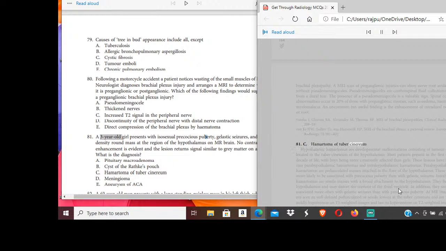81. C. Hamartoma of tuber cinereum. Hypothalamic hamartomas are developmental malformations consisting of tumor-like masses located in the tuber cinereum of the hypothalamus. Most